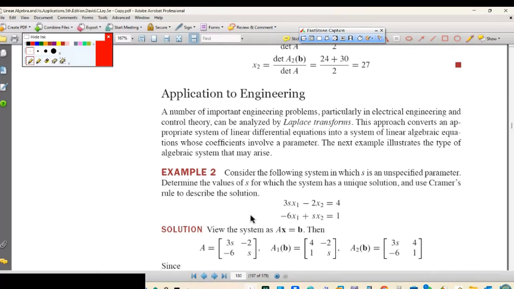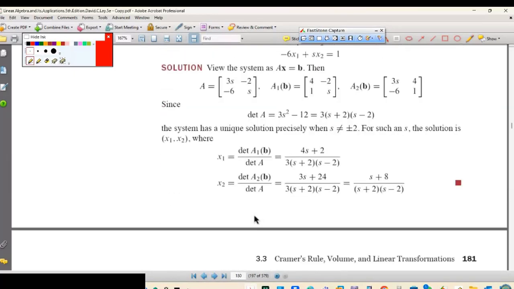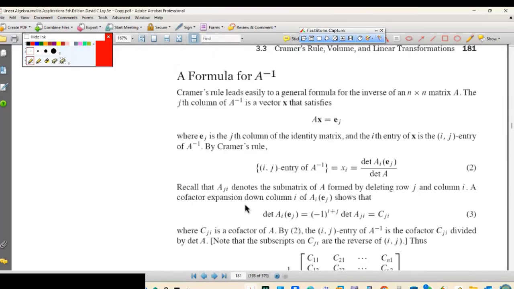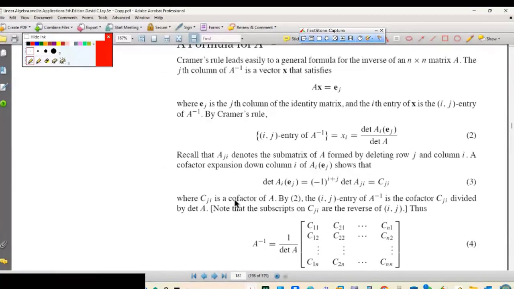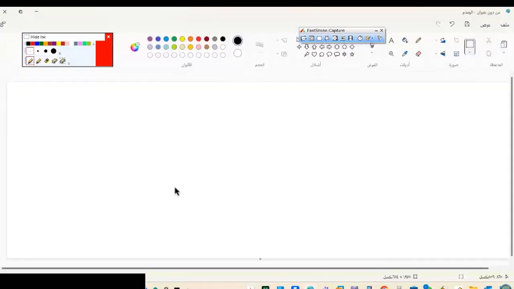To find A minus 1. What is this one? Okay. I will write this to you. For inverse matrix,